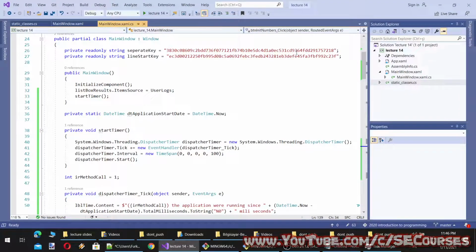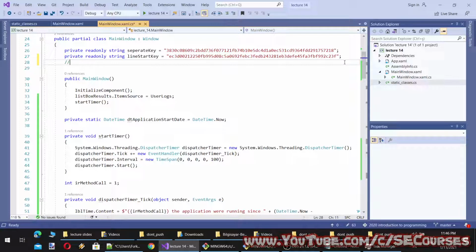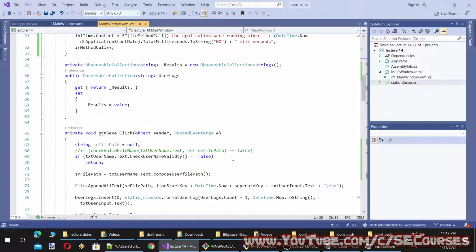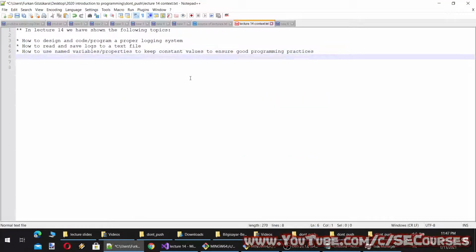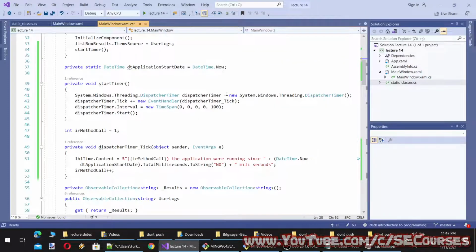This is called using named variables for constant values. Not using constant values directly inside here. Okay, and what else did we see?